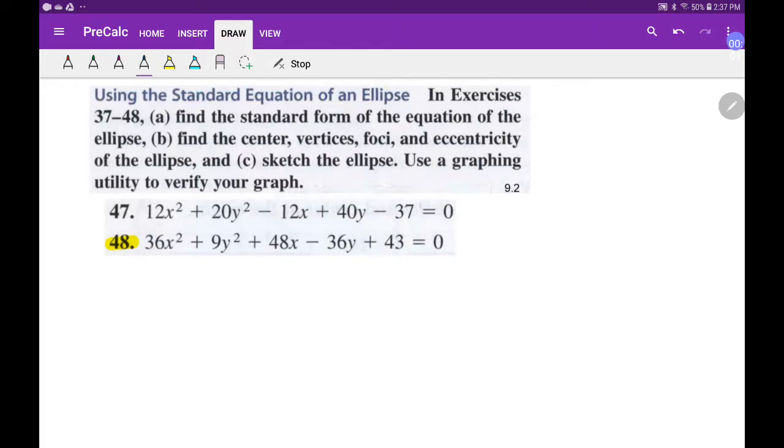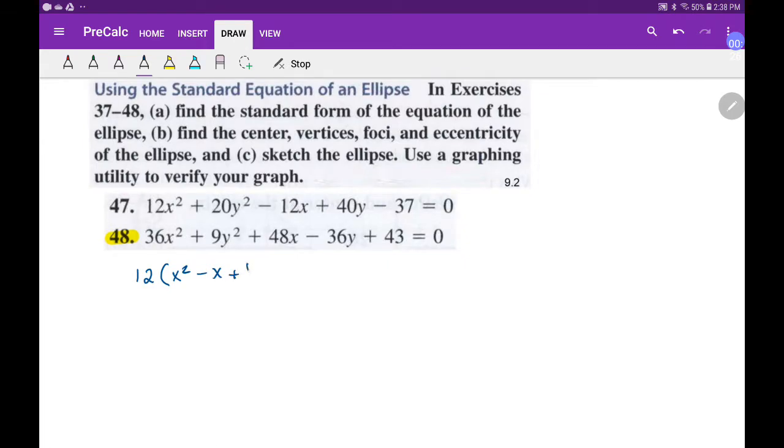We're going to graph an ellipse with all the details. So, we're going to start by factoring out this 12. 12 times the parentheses x squared. The 12 comes out of here too, and I'm left with negative x. Half of 1 squared, I'm going to say plus 1/4. That's my perfect number. And I just multiplied 12 times 1/4, so I'm going to add 3 over here as